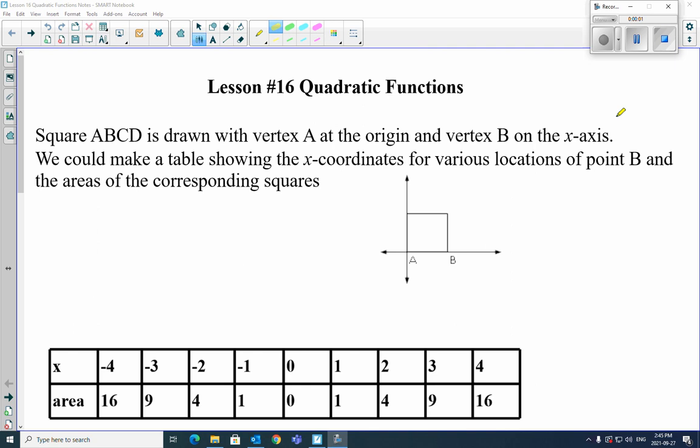Grade 11 pre-cal, lesson 16, quadratic functions. So this is our first introduction to quadratic functions. You've seen some of this before in the previous grade when we talked about trinomials. In the previous grades, you would graph linear equations. Well, now what we're going to do is graph stuff with squares, and that's what makes it